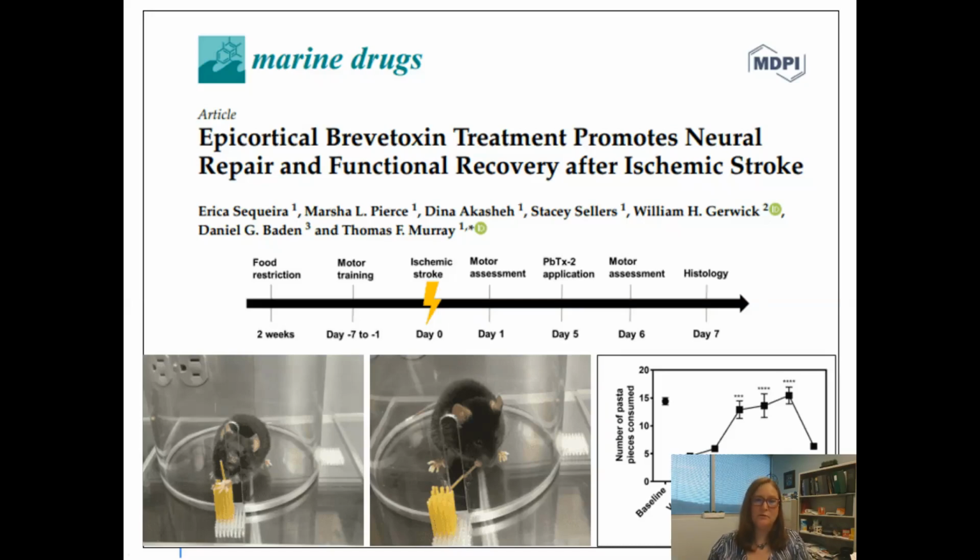At 5 days post-stroke, where we're in that tonic GABAergic inhibition, we drove the voltage-gated sodium channel activity by brevetoxin application. And then the next day, we assessed their motor activities. And at 10 picomolar, 100 picomolar, and 1,000 picomolar doses, we did see that they had increased ability to eat their pasta. They had decreased foot faults, and their performance on the catwalk was unchanged, suggesting that improved motor assessment occurred at those 10, 100, and 1,000 picomolar